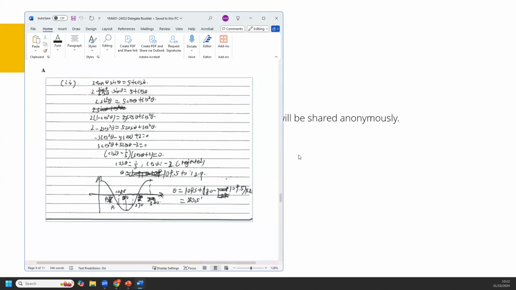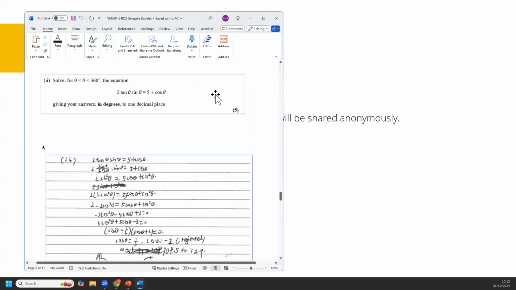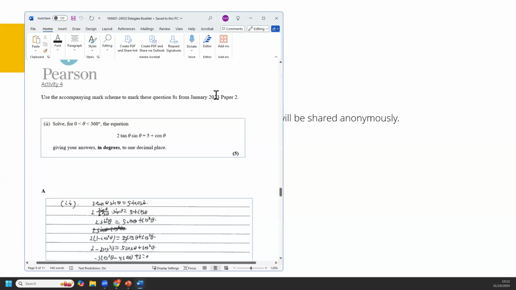So let's give about 10 minutes, because you might want to actually solve the question yourselves first, and then refer back to the mark scheme and do that. If you have it printed, you can annotate it on there and you can share afterwards. If not, look at the Word document again. So let's give about 8 minutes. How many marks is this again? 5. So let's give about 8 to 10 minutes for you to solve, and then give the marks as you think, and then we'll come back together. So about 8 minutes, and then I'll give a prompt there.